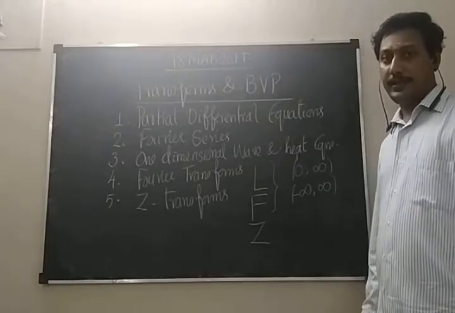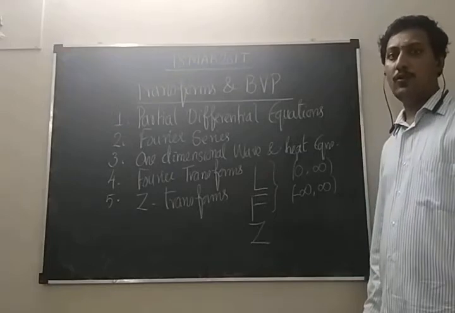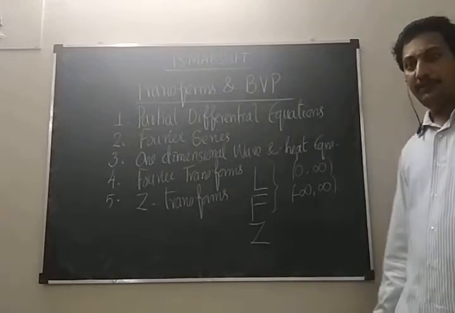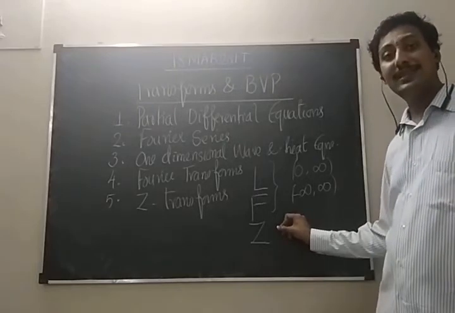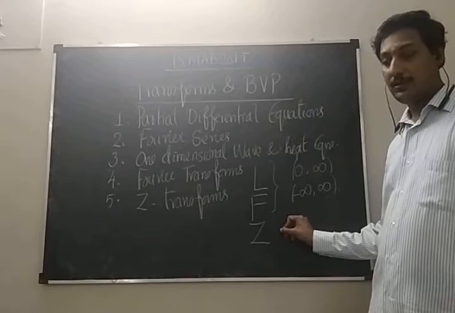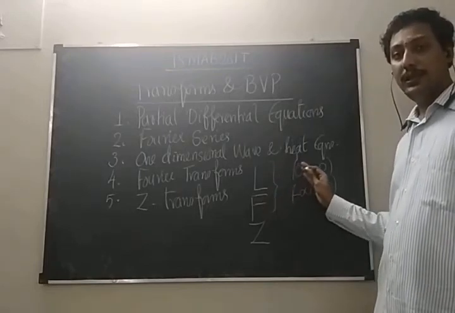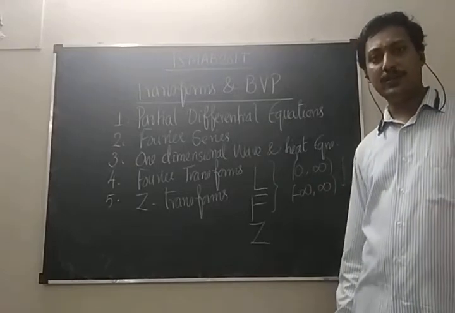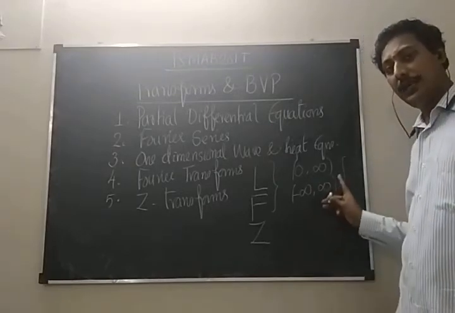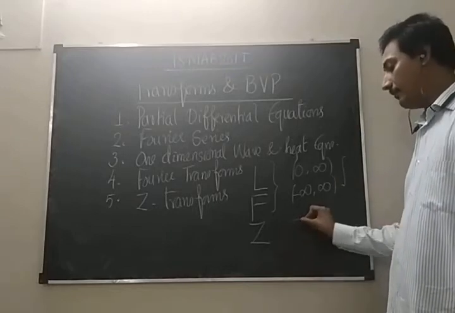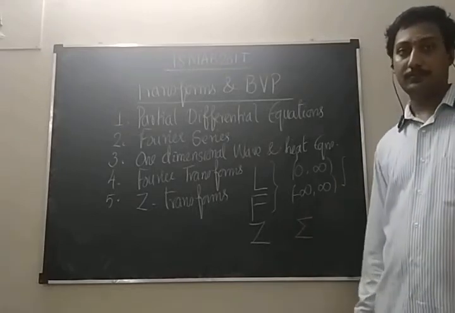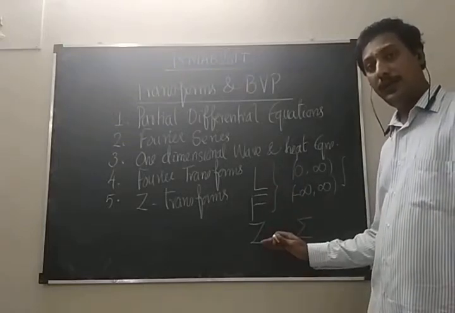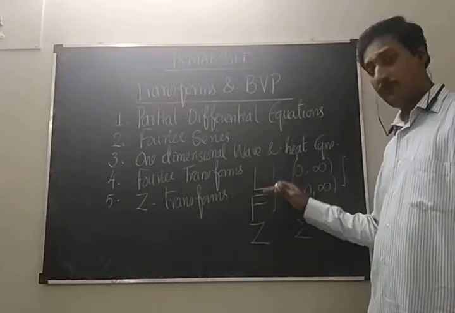There is a second category because there are 2 types of system. One is continuous type and the other one is discrete type. If it is discrete type, we use Z transforms. For continuous type, we use an interval, and so we use integration. For discrete type, we use summation. So any student doing any engineering course must know these 3.